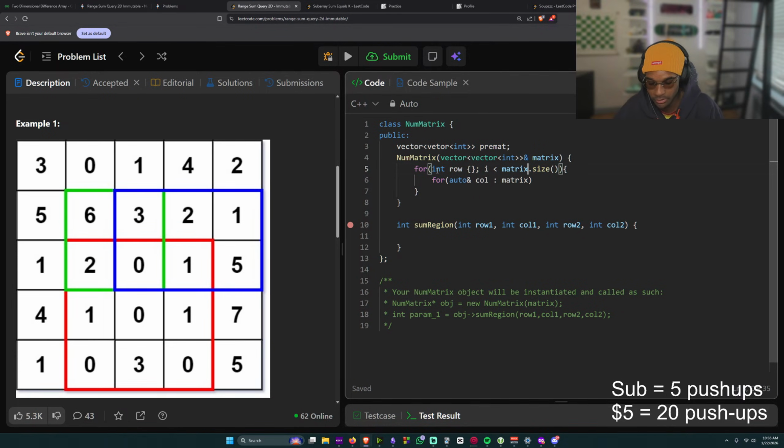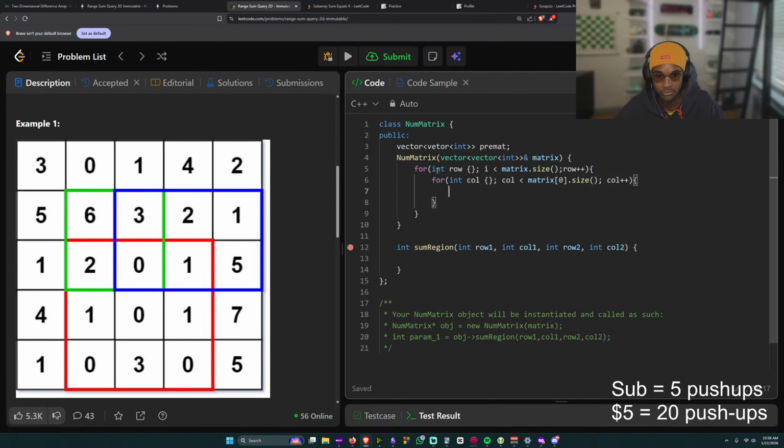All right, matrix size, col. I won't give the answer. All right, thanks. Appreciate it. Okay, so this should be our row, column.